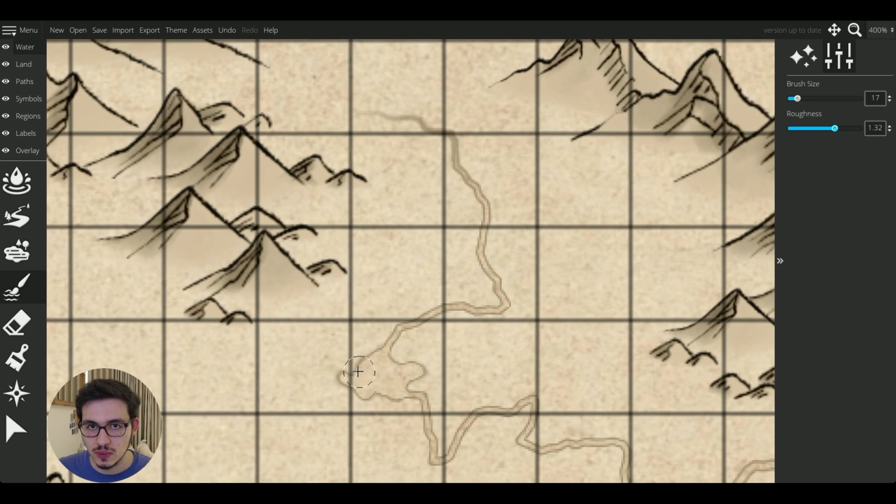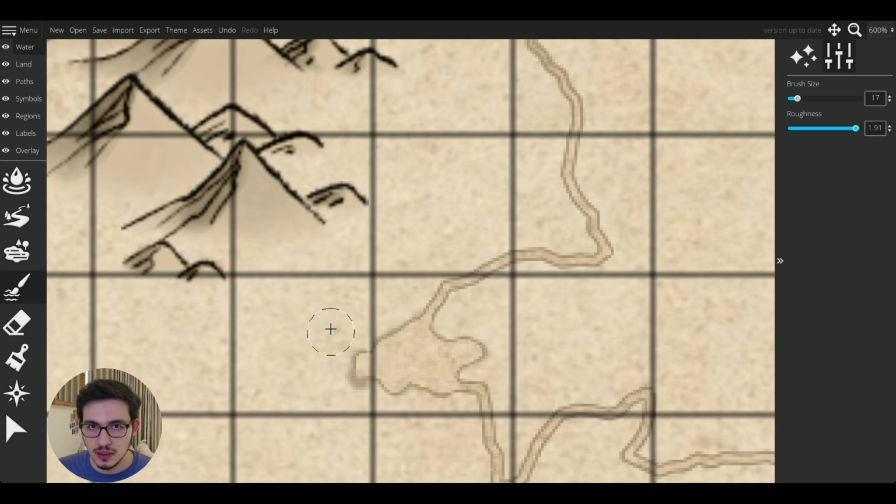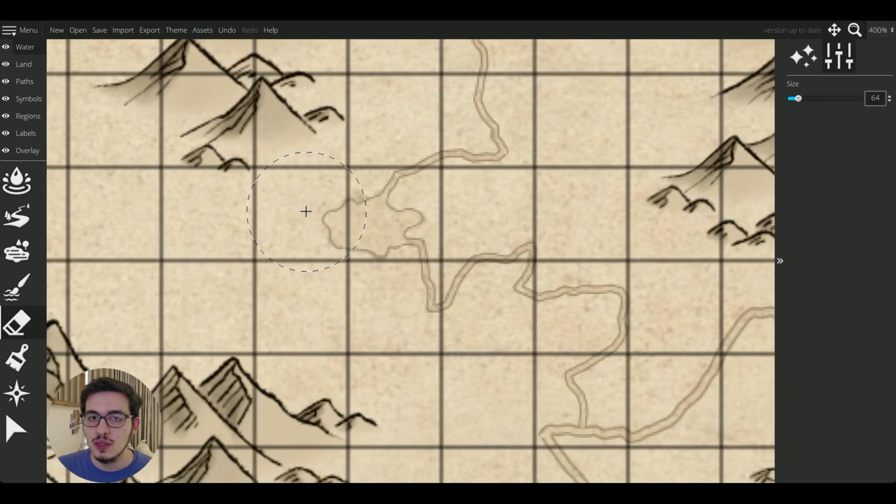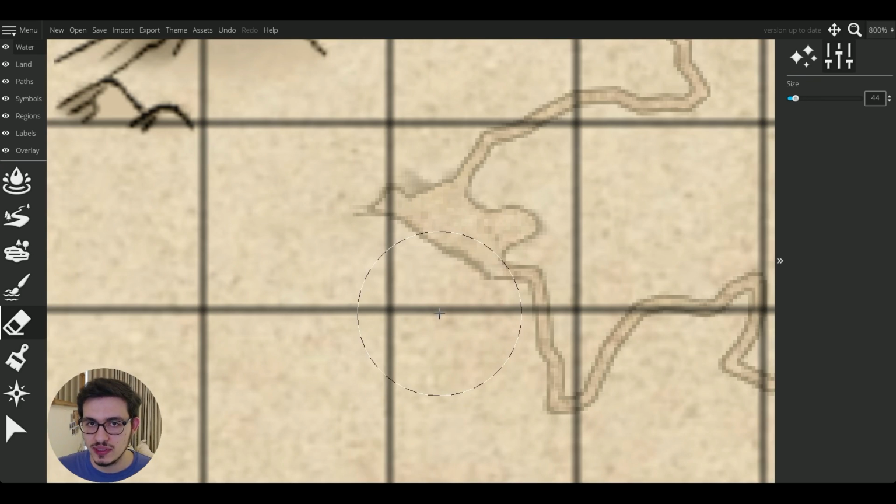If I want, I can also manually add a lake with this tool. For example, let's add one here. Maybe increase the roughness a bit. As you can see, I manually added a lake, but I didn't like it. Let's erase it. So the next part is the eraser. It will erase only the fresh waters. It will not have any effect on the symbols or assets. Now I'm pressing, but as you can see, it's not changing anything. But if I come here and start pressing, it will automatically erase the waters.